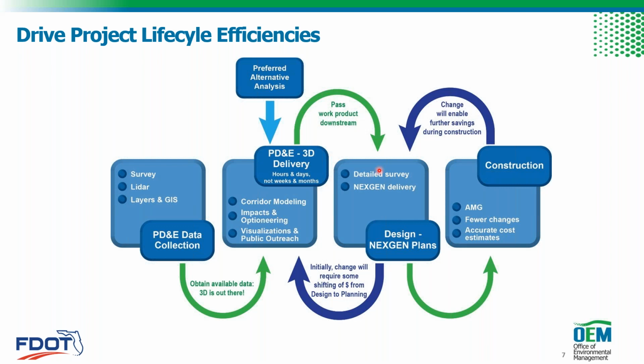And we can talk about that a little more. I won't belabor it here. But what is the benefit of next gen here? Next gen has already proven that we can provide AMG, we can provide for fewer changes, and we can provide more accurate cost estimates, right? Because we're actually dealing with real modeled data. We are comparing our designed surface, our design model, to a surveyed surface at that phase of the work. And so that is very beneficial to the construction phase,